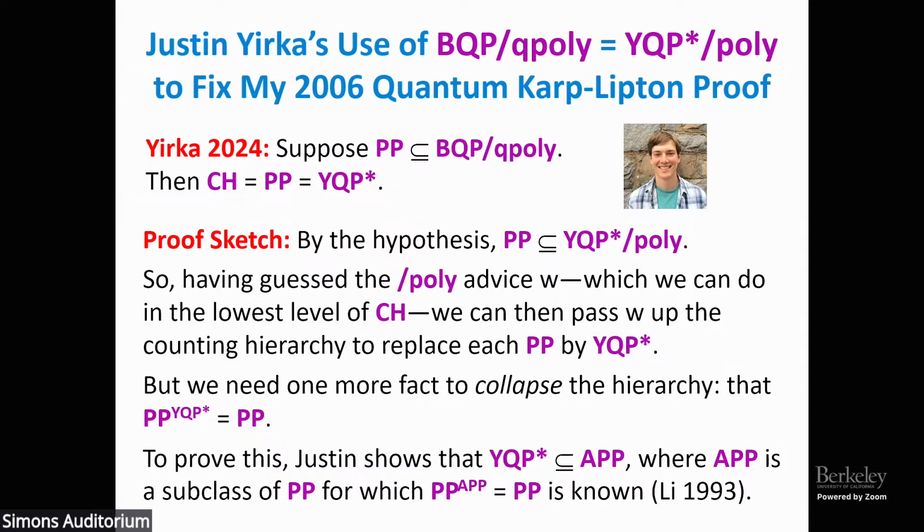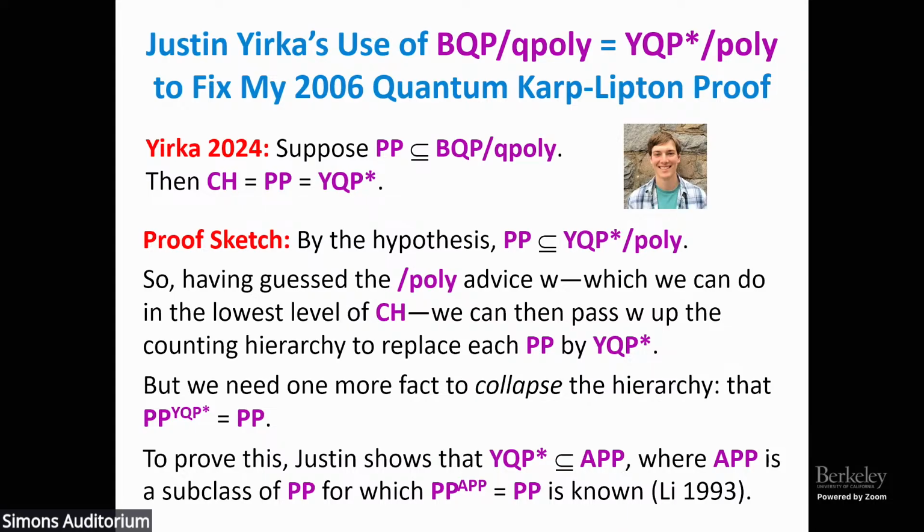Okay, but there's still one more difficulty. In order to make the whole counting hierarchy collapse, I need that PP to the YQP star equals PP. Okay, so the technical meat of Justin's result is that he proves this statement. The way that he proves that is by showing that YQP star is contained in another counting class that's called APP,